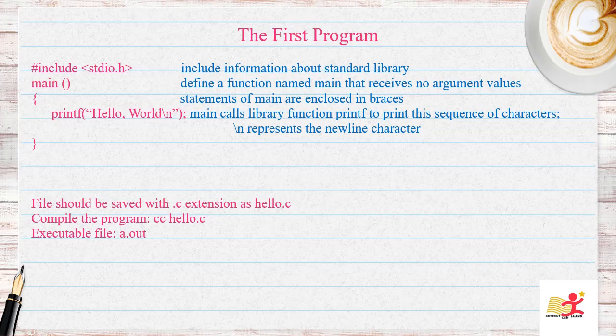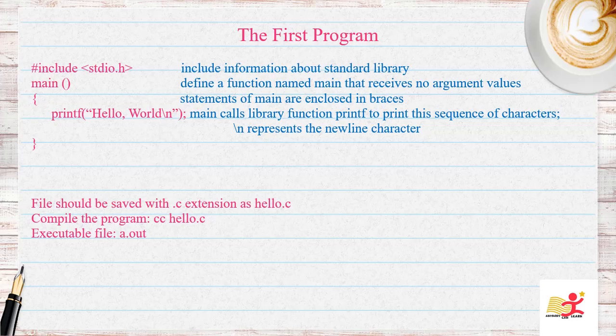Functions can have any name. You can name it with any name you like, but main is special. Your program begins executing from the beginning of main, and that means every program must have a main somewhere. And main will in turn call other functions to help it perform its job. These other functions may be written by you or they can be from some libraries. Now see the first statement, which is #include <stdio.h>.